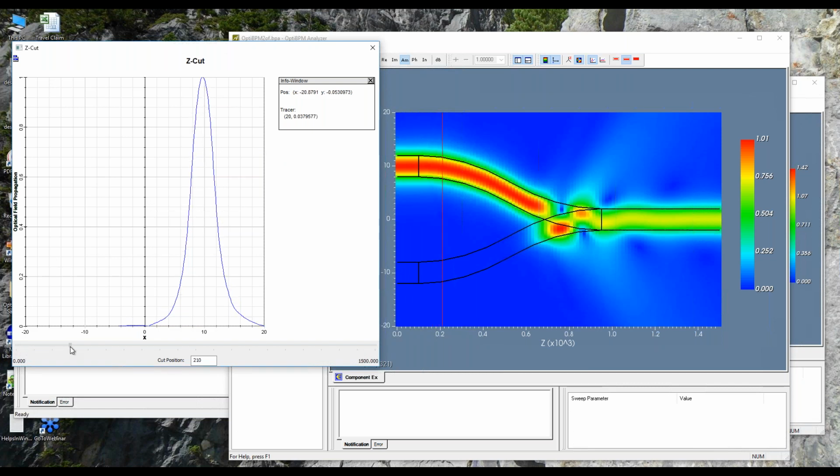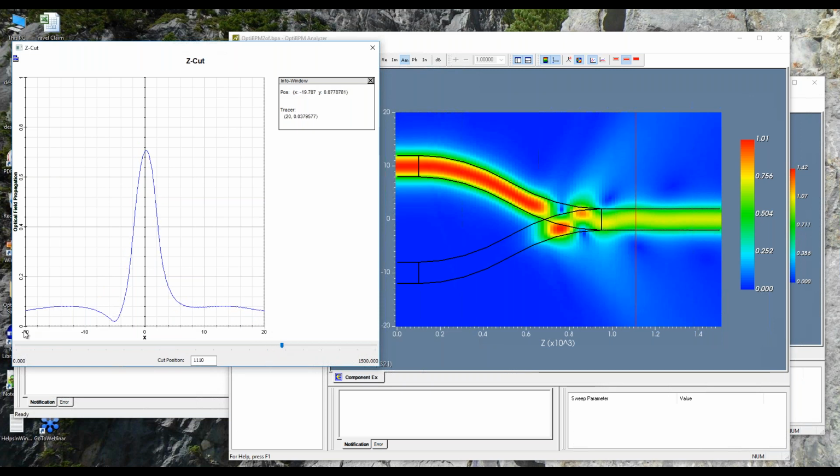So everything is fine. We're moving towards the junction. There's some kind of interference pattern that occurs. And then after that, you can see, oh yes, there's some kind of radiation occurring here. Light is leaving